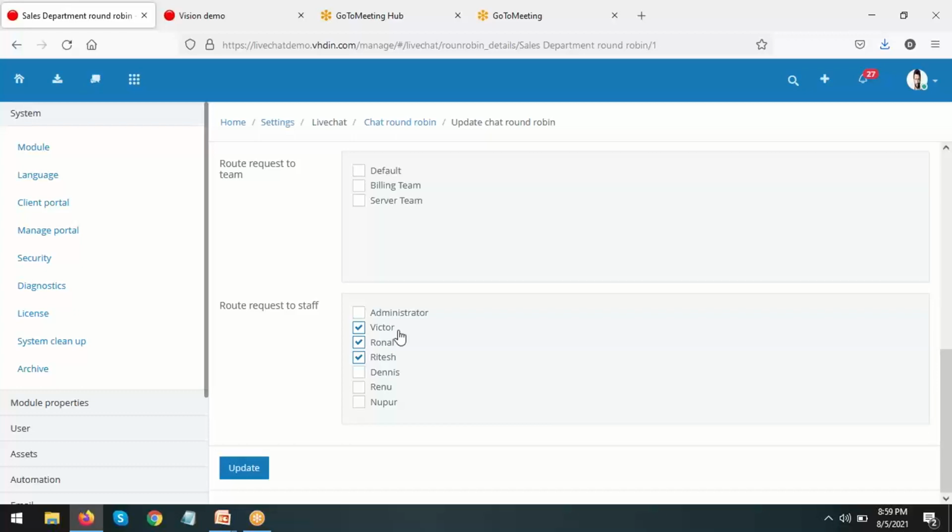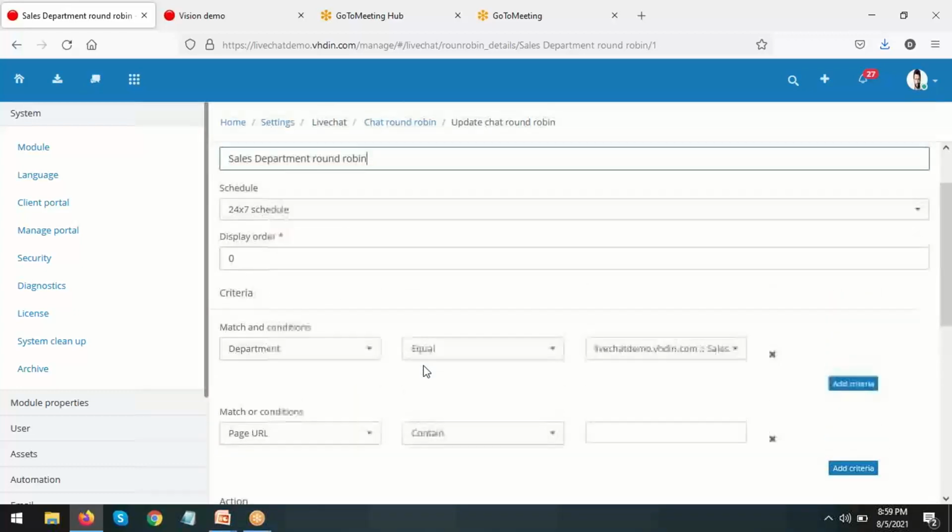In case, let's say, a chat was auto routed to Ronald using the round robin, but Ronald failed to accept the chat. In that case, the chat is converted into a missed chat, and you can see all the missed chats. We have a filter available where you can see all your missed chats. So this is how the round robin works, where you can have equal distribution of your chats, and that too automatically assigned within the round robin participants.